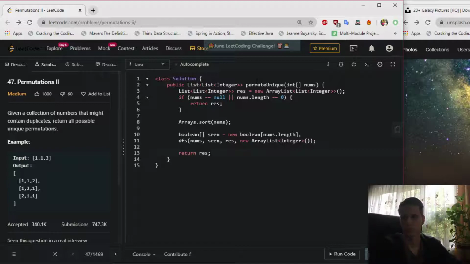So that's what we're gonna do. We're gonna create that depth first search method,